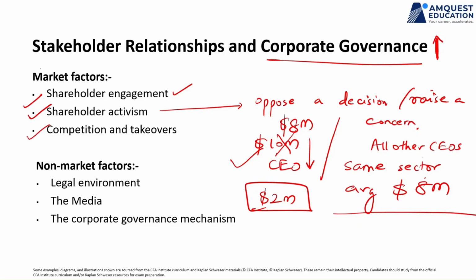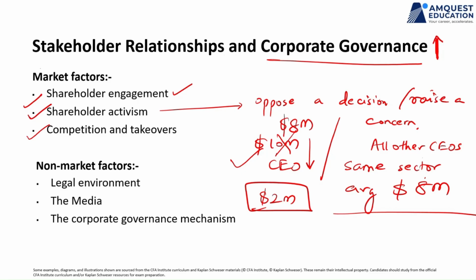Then, how much is the competition and what are the takeovers, mergers and acquisitions happening in the market? If there is a lot of competition, there are mergers and acquisitions, the market is very hot on mergers and acquisitions. The companies would tend to focus on good corporate governance practices because they would know any lapse on corporate governance is detrimental in a highly competitive market.